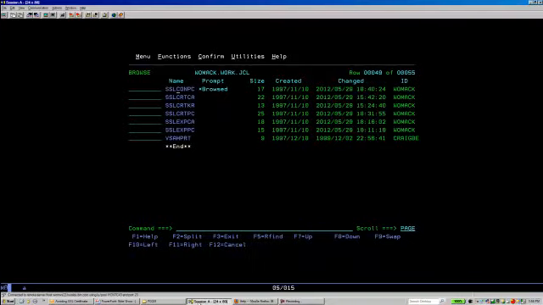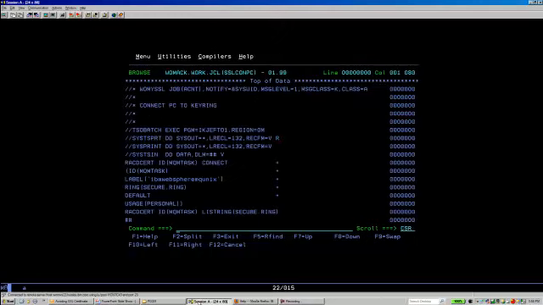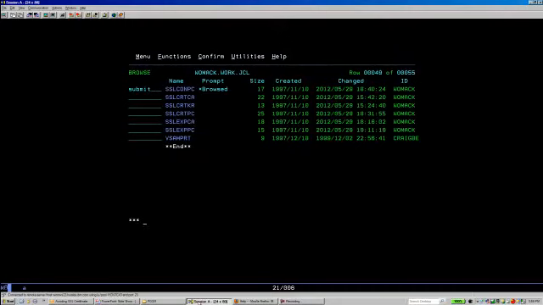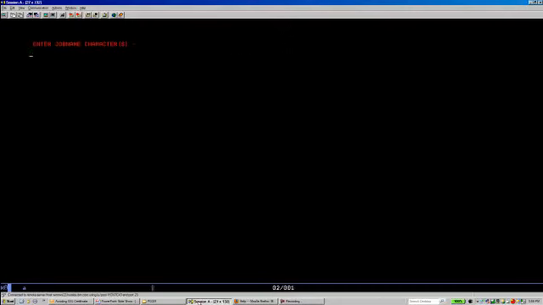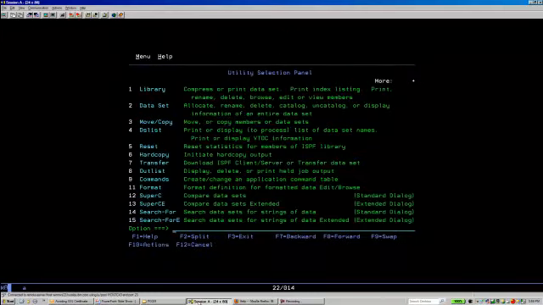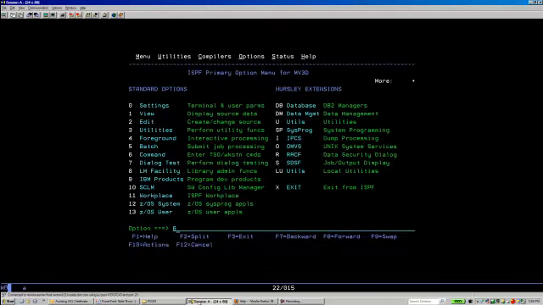Let's do a submit here. Actually, let me take a quick look at it one more time. I just want to grab out the RACDCERT command that we're going to issue manually after this runs. So we'll submit this. This must be job F. And when we back out to our command panels,